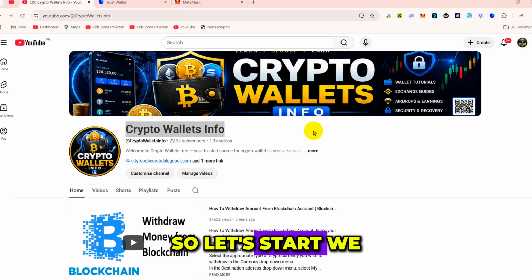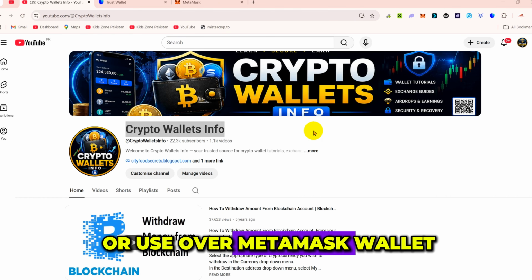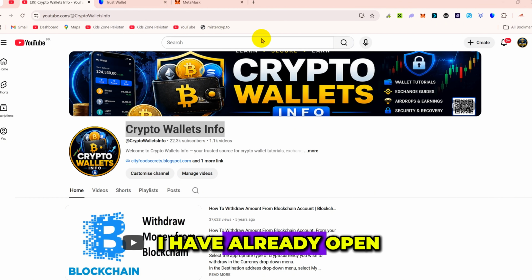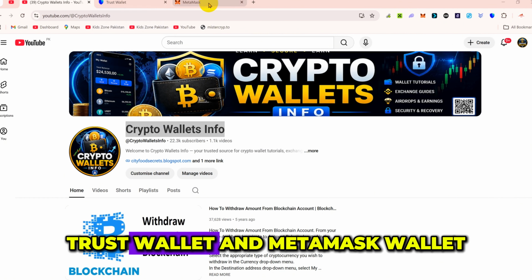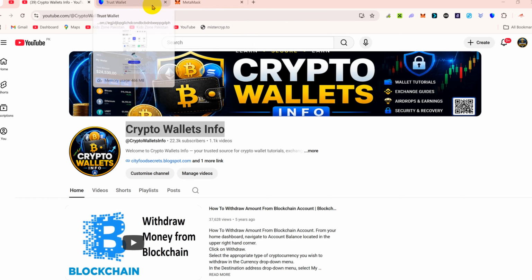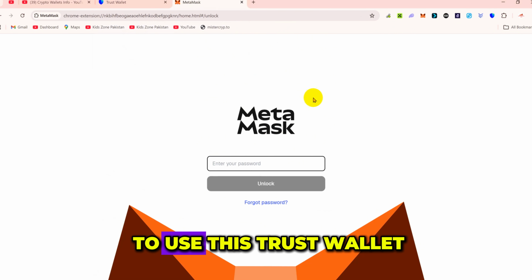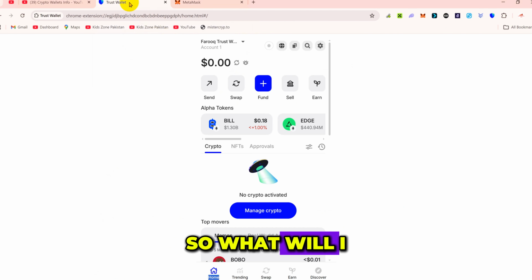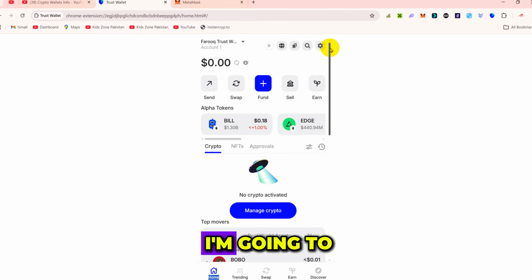So let's start. We are going to import or use our MetaMask wallet in our Trust Wallet. This is so simple and easy. You can see here I have already opened both wallets, Trust Wallet and MetaMask wallet. Let's suppose I want to use this MetaMask wallet in Trust Wallet. So what will I do? First of all, I am going to